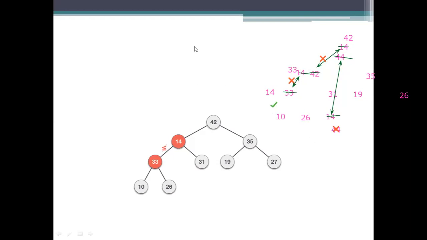Okay. After that, if you see, there itself it stops. So we need to check here whether it is greater or not. But there is another value here, that is 26. So that's why we need to swap this thing again. Okay. Here we need to swap this thing. And then swapping has been done. And the value here is 26. And now the current value here is 14.